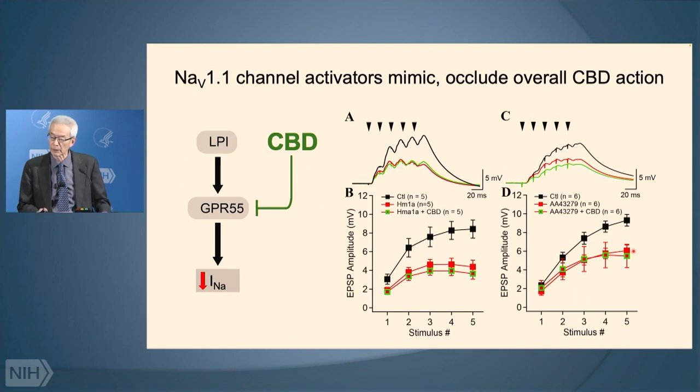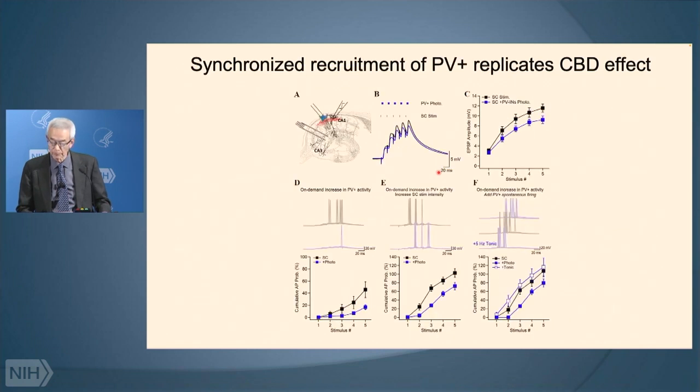So we think we are on to what the basic mechanism of how CBD might act. We then tried to test what the timing of the input needed to be by doing an optogenetic experiment, expressing channelrhodopsin in PV neurons, and showing that we could mimic the effect of CBD without any drug at all by shining light on the terminals of the PV neurons onto the pyramidal cells.